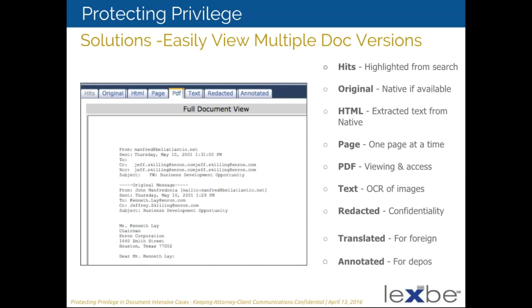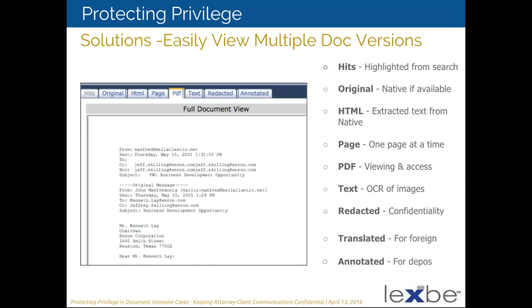Many other systems will use a TIFF, that you can see, and this can have a control number, be Bates stamped, and this can be redacted. So then you have a redacted version of it. We have text that we pull out of the OCR. You often want to go back and look at the native version of that. We have that with the original, to where you can see what the document was originally, and that's often important with emails. And we also have an HTML version that we pull the text out of the native version.